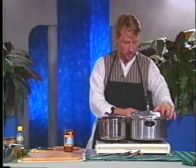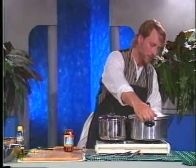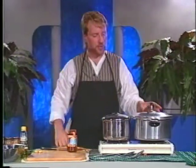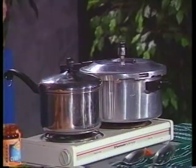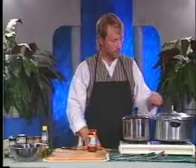We'll put this on here. We'll make sure it locks in nice and tight. No problem there. We've got that cooking. It's only a matter of minutes before the pressure begins to build inside there. It'll start to boil. It'll break down those meats and make them really tender. It'll cook the carrots right through, and it'll cook those onions, and what we're going to have is a wonderful flavor. And I almost forgot